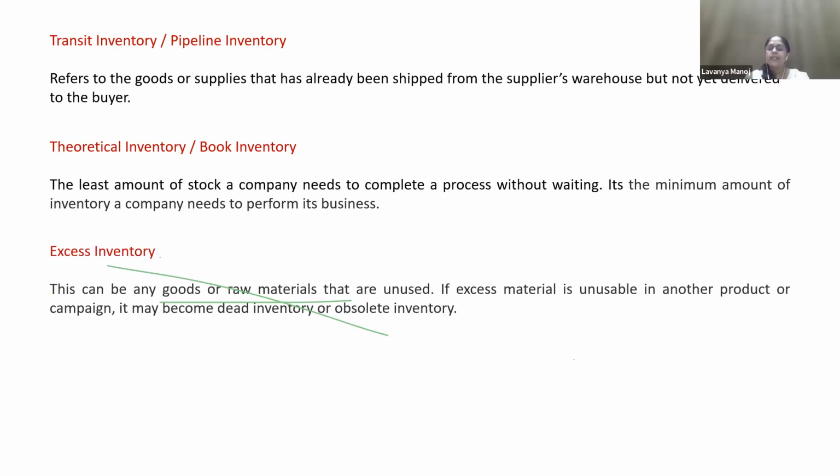Then we have excess inventory. The reasons may be many. Why does a company produce or procure excess inventory? Any idea? They know what the demand is going to be in the market for this period of time. They would have done some demand forecasting and some calculations. So what is the reason they are going with excess inventory?